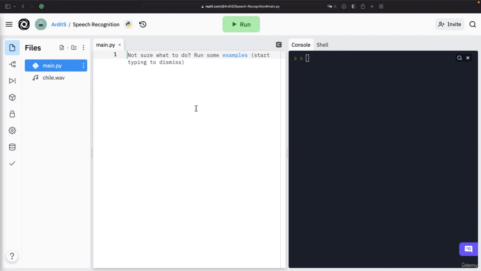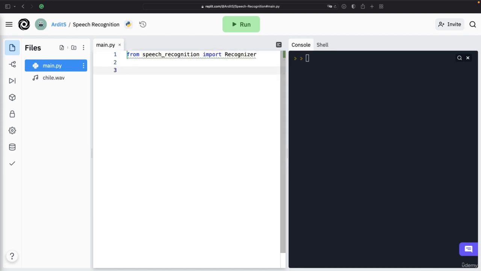So what we're doing is basically speech recognition. And for this, we will be using the speech recognition library. It's a third-party Python library. And the central object of speech recognition is the recognizer. So recognizer is a class that allows us to